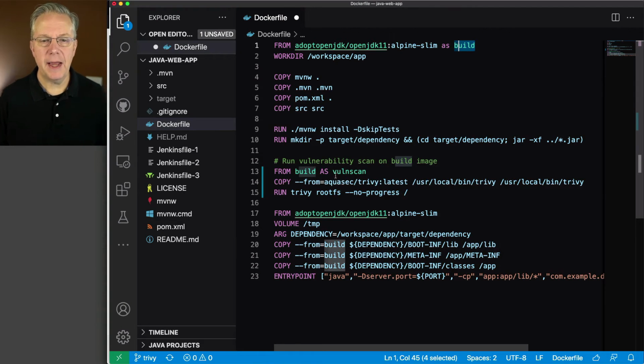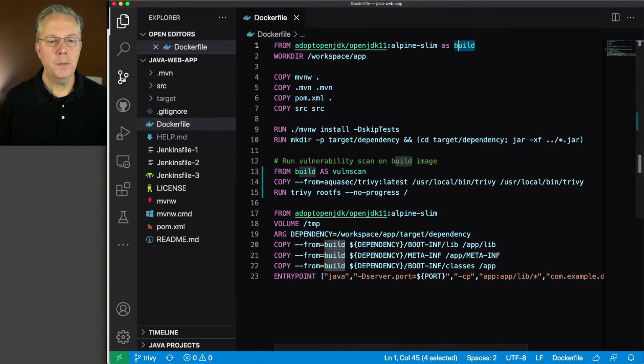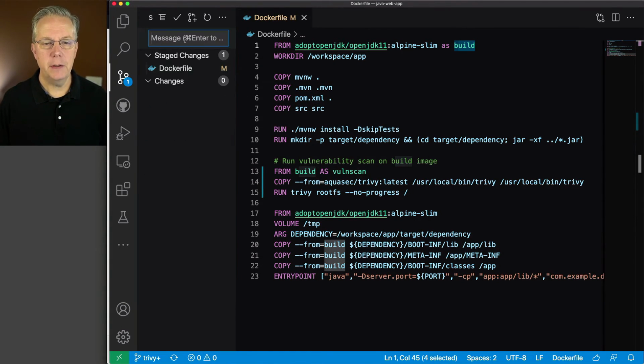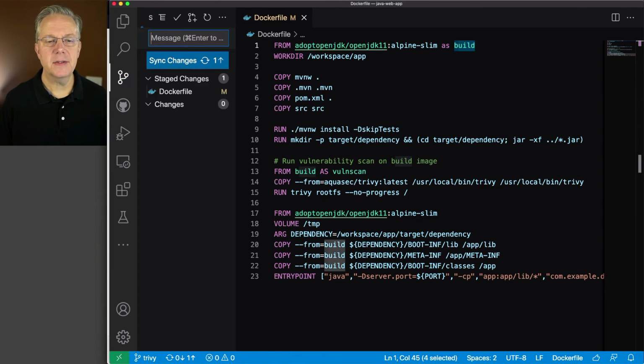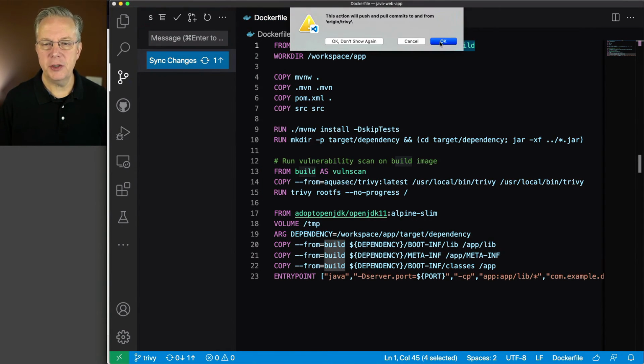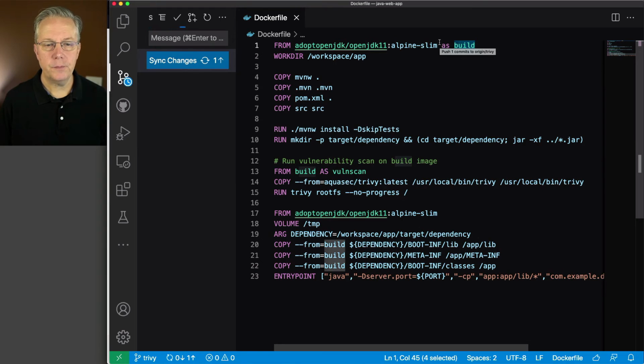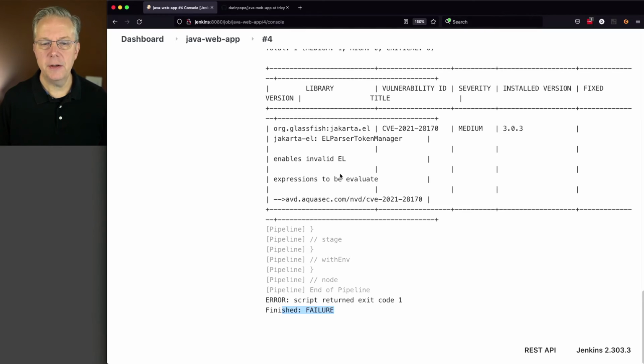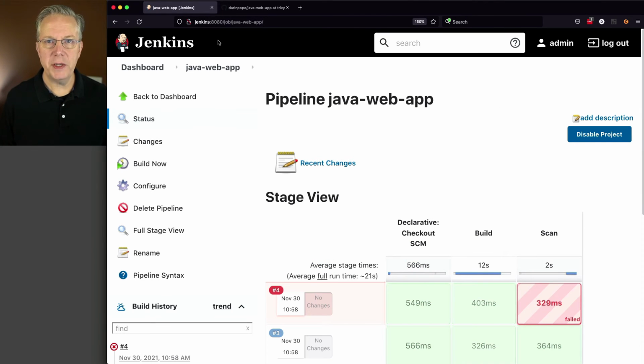So let's go ahead and save this file and commit it up to our repository, and let's go ahead and run this job. We've pushed it up. Let's flip back over here to our Java web app. We're going to leave our Jenkinsfile 3 in place. The only change that we've made is to our Dockerfile. So if we go ahead and click on Build Now,